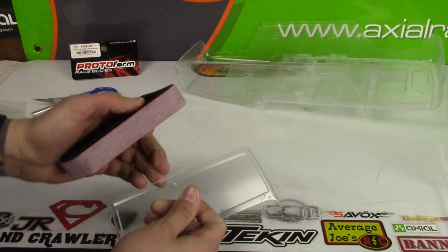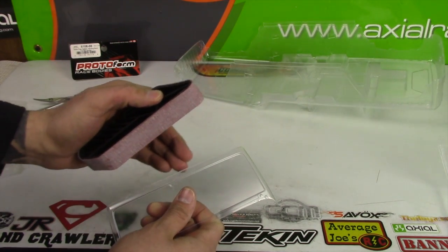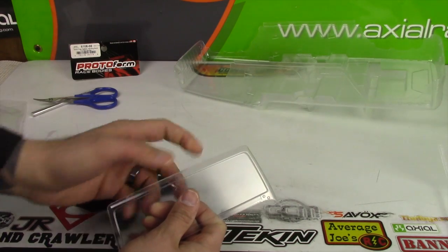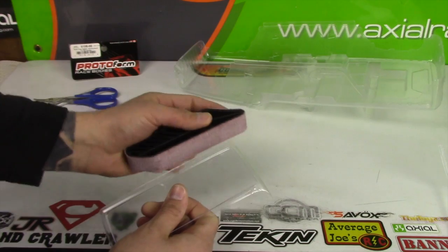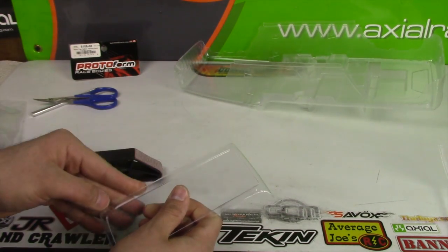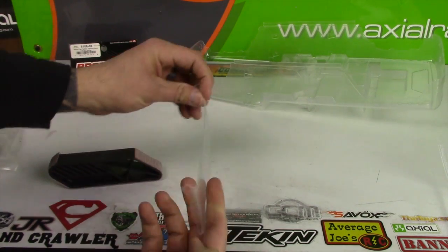But also, because originally when I did it, if I ran my finger along here, I could actually feel how it was all bumpy because this is really thick, so the scissors weren't a good cut. So I literally went through with this a few times and smoothed everything out, gave myself as true an edge as I can. Now, of course, I did go to the side, both sides,